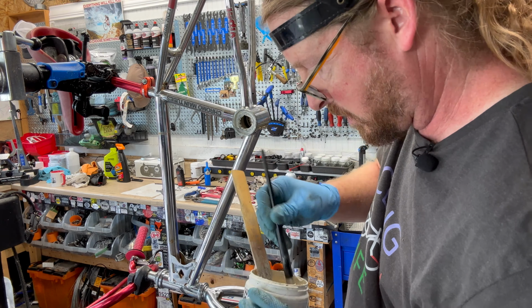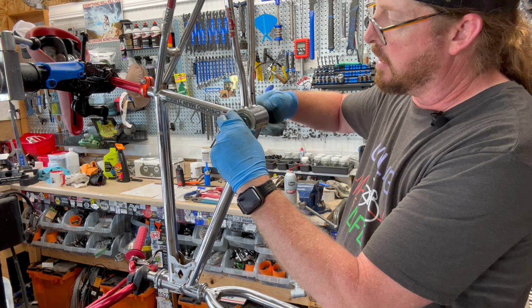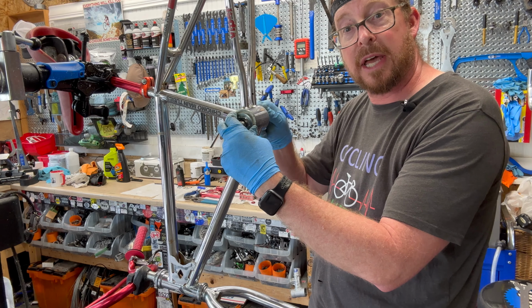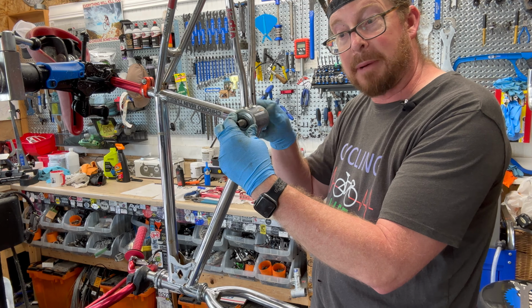Then we proceed with the race, and these are threaded backwards, so righty tighty, lefty loosey is the opposite of that. And you want to make sure those races stay in there. Also, if it binds up, you may have gotten that race in incorrectly, balls out instead of balls in. So keep that in mind. And you want it not super tight, but you know, get to a point where